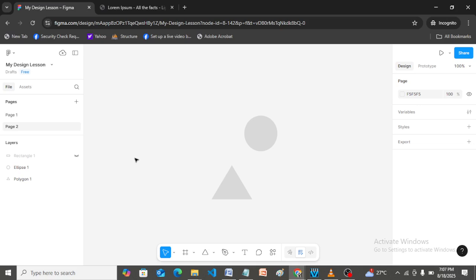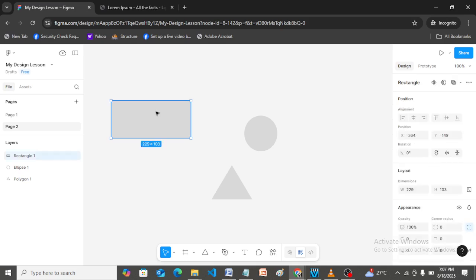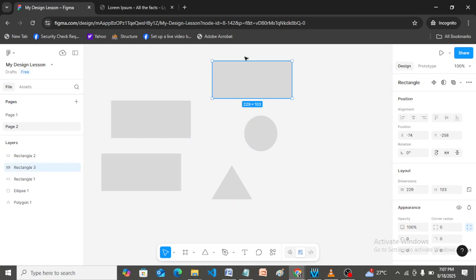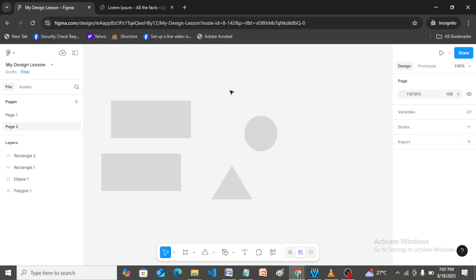So let's assume you are working now and you have a lot of different objects that you are working on, and your plan is that you still need to use a particular object. Now, when you delete, let's assume I have this rectangle. Let me duplicate it. Another one, another one. So let's assume I'm designing, and maybe for one reason I want to just do away with this first. If I delete this rectangle 39, now I won't be able to get it